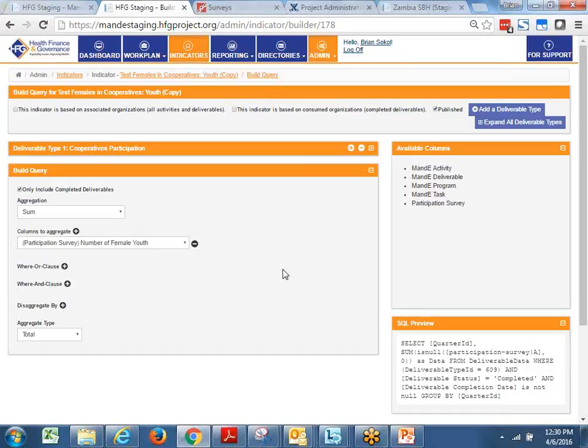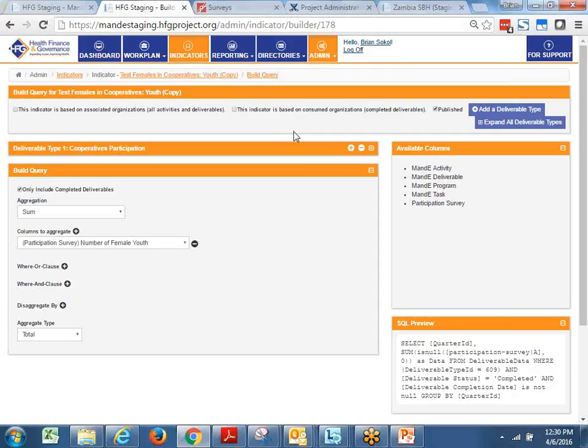Or how many organizations have been beneficiaries and things like that. So if that's the case, you pick one of these checkboxes: based on organizations in general, or based on organizations that have been the consumers of our services, how many organizations have we helped? But for the most part, and what I'm going to demo, is that it's based on